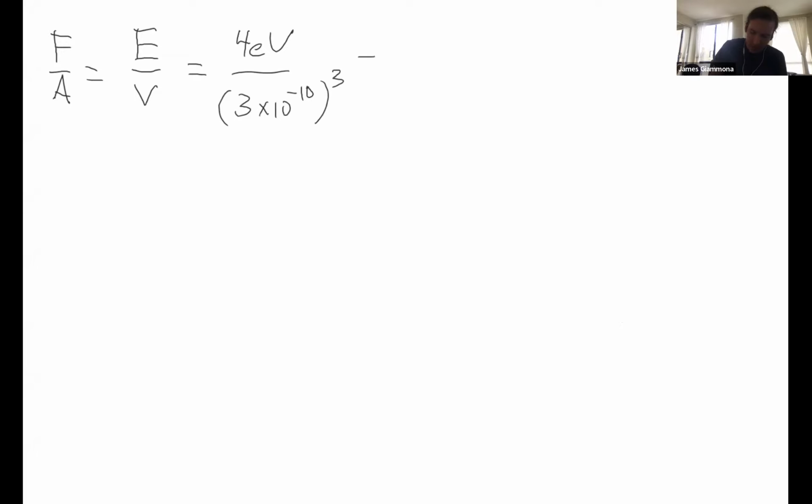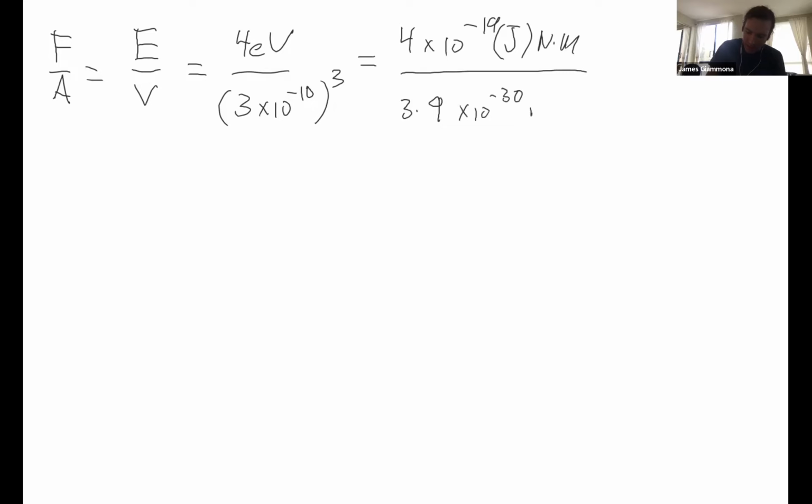And that's going to be 4 times 10 to the minus 19 joules or Newton meters over 3 times 9 times 10 to the minus 30 meters cubed. So 4 and 3 are about the same, and 9 is about 10. So that's 29. So then I think just exactly like Venkat said, this is about,